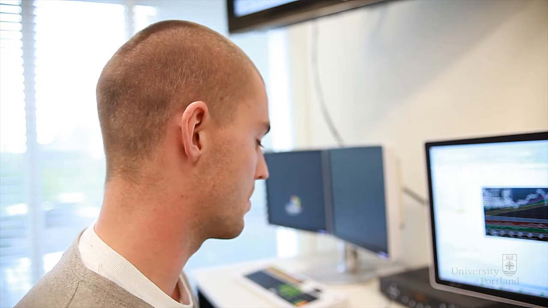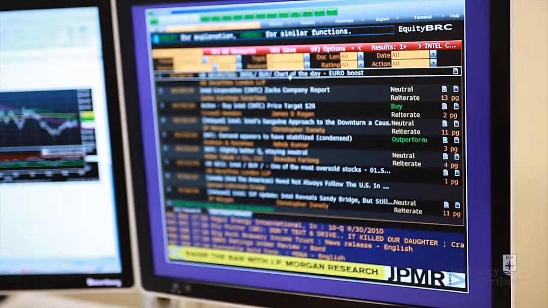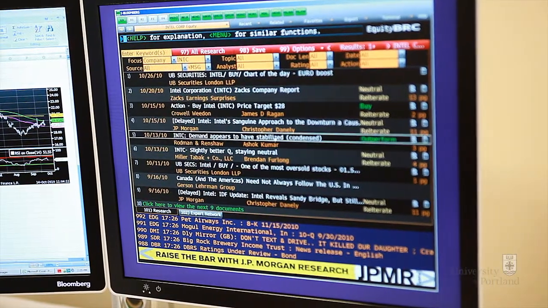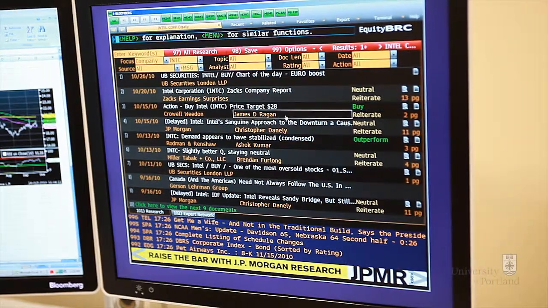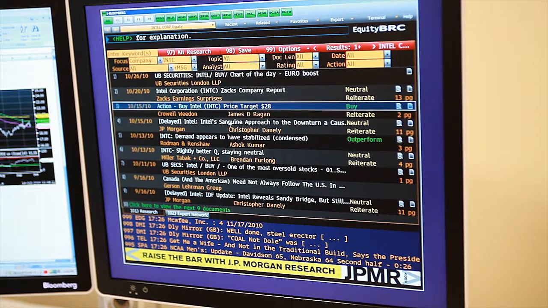So the final piece to this project is we looked up analysts' opinions on the stock, which was in BRC, and these are all the analysts' ratings on the stock. We have some buy ratings, some neutral ratings, outperform. So you'd click on one of these,